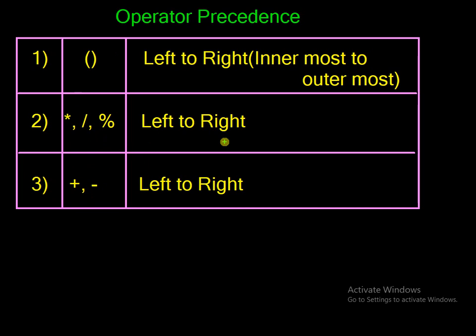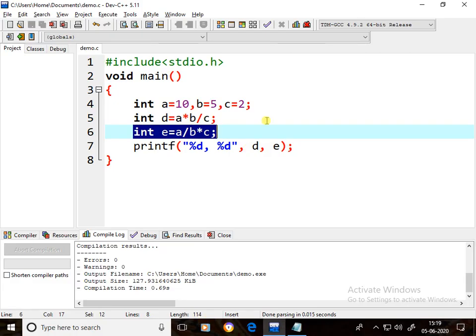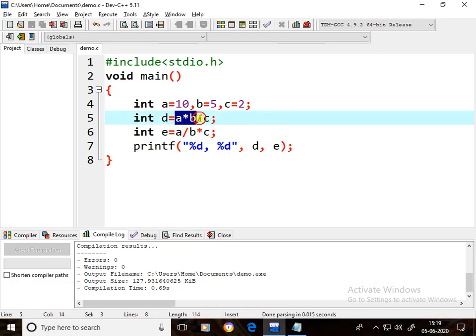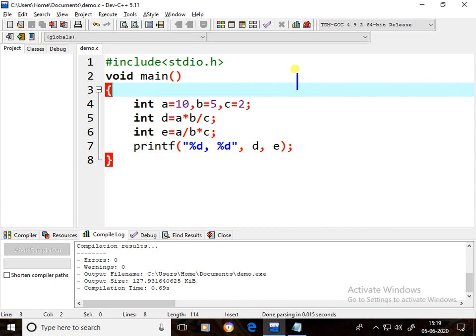Now see, in our program, here, a star b by c. Multiplication and division have equal priority, from left to right.